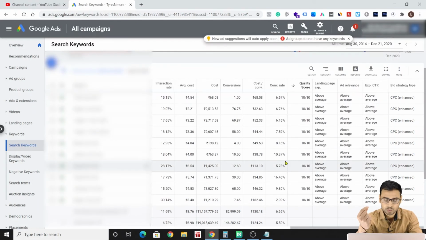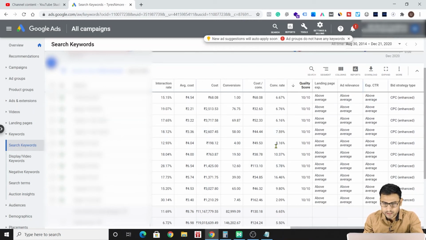So the first point to keep in mind is that quality score is related to keywords, right? We are going to find the quality score in the keywords report, how our keywords are performing. Whenever there is an auction, your keywords get a quality score, and then there is the bid you have already assigned to your keyword, and together those make the ad rank, which decides where your ad is going to land, right?